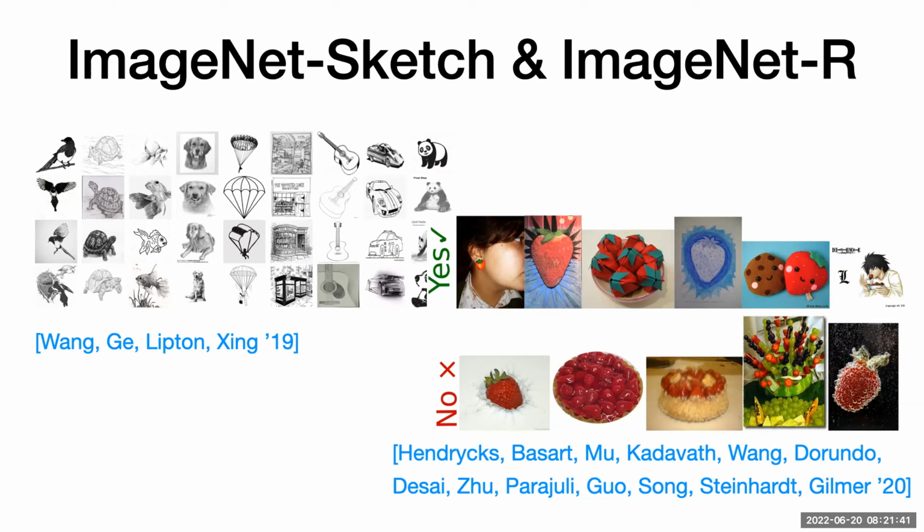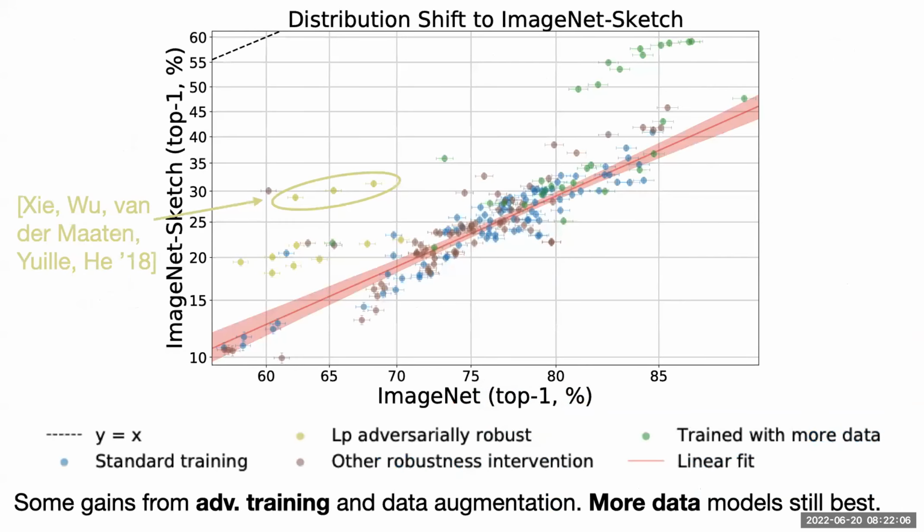And then ImageNet R is a supercharged version of ImageNet. The R stands for rendition. The idea is that ImageNet R contains many different kinds of renditions, not only sketches, but also paintings or sculptures, anything but the real object. And then again, we can take these test sets, feed them into our test bed, so we can evaluate the 200 models on them. And now there's more diversity.